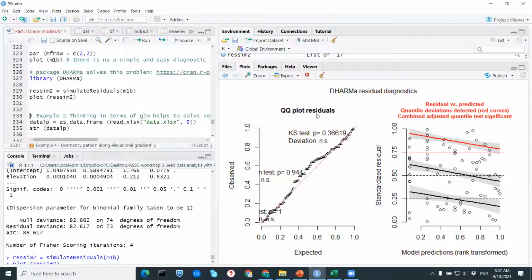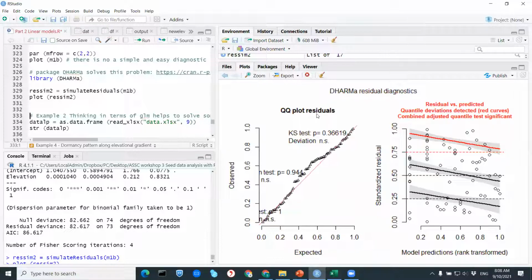So actually the QQ plot is comparing the residuals. So the residuals that you get when the model is correct should be uniform on 0, 1. Yes. So this QQ plot is comparing a theoretical uniform distribution with those simulated residuals. So yeah,